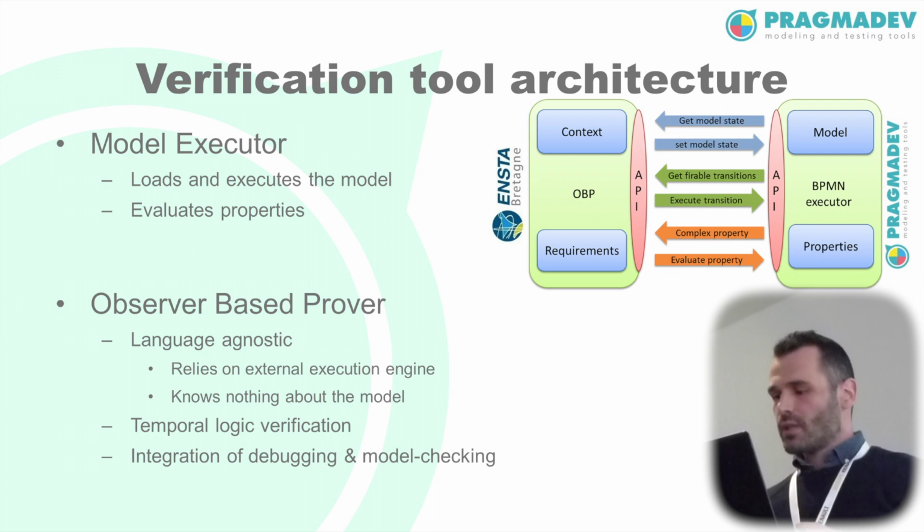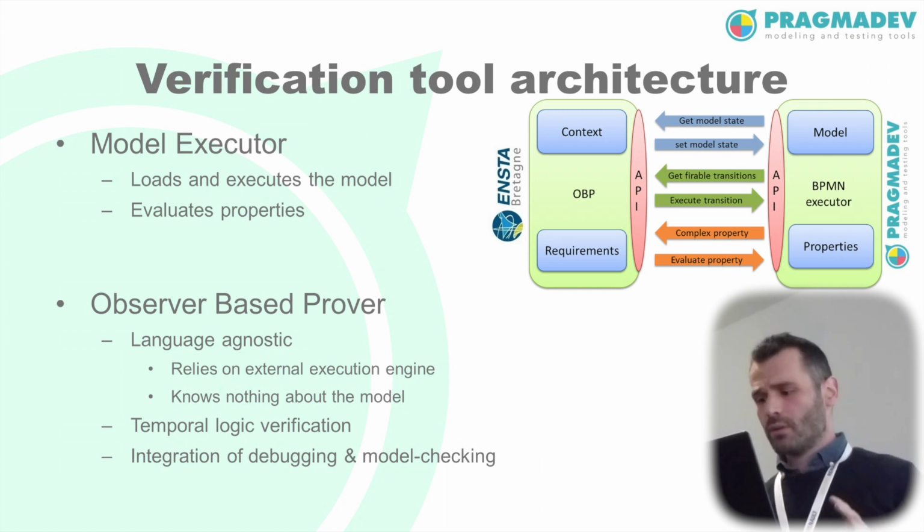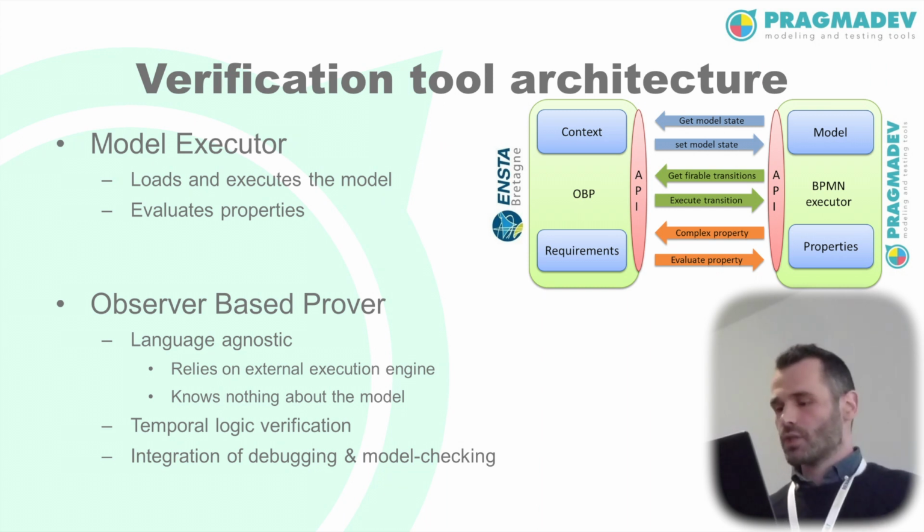OBP focuses on the analysis of execution with respect to the logical properties. In OBP, the property to be verified is a logical combination of elementary properties. And the logical structure is understood by OBP, but the evaluation of these elementary properties is delegated